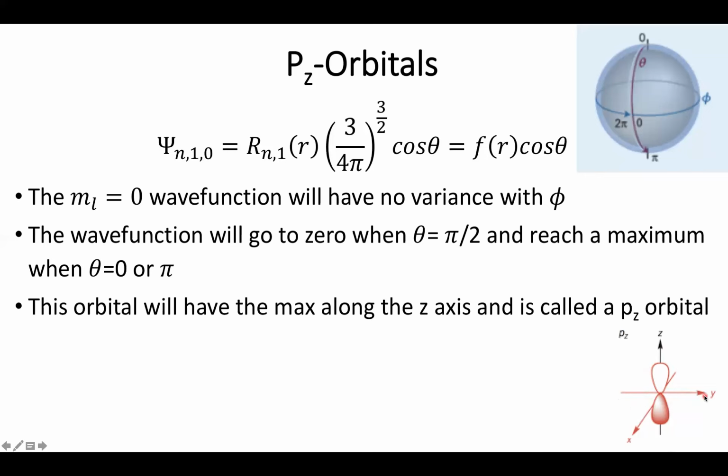So if I knew one, I know the other. That's impossible. So Heisenberg says this is the most we can know. I've got motion in the z-axis, and all of my angular momentum is somewhere in the xy plane. However, what we can then do is, now that I have a set of spherical